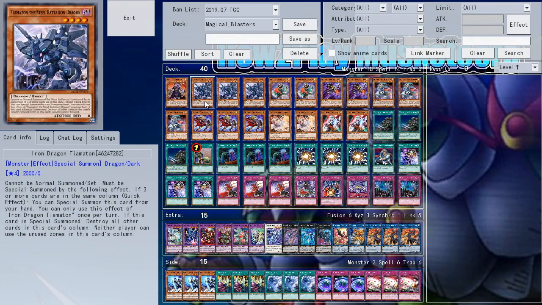Alright. Anything else that's weird? Iron Dragon Tiamaton is a personal favorite of mine. Why is it in your build? You can turn him on whenever. So if you do your plays,